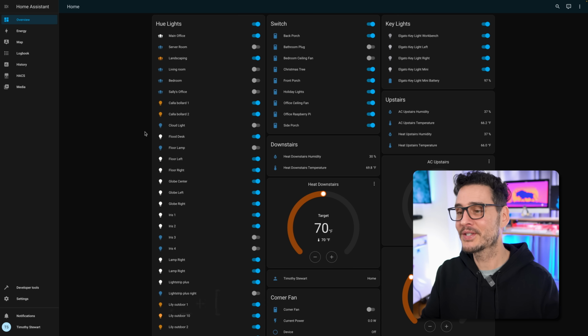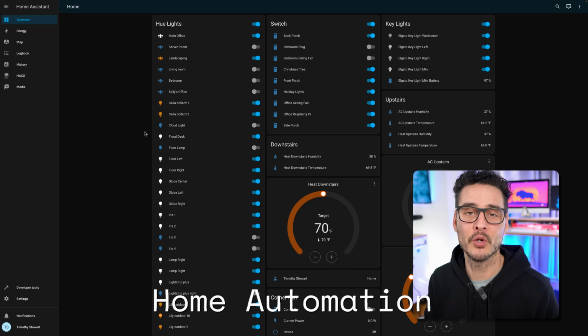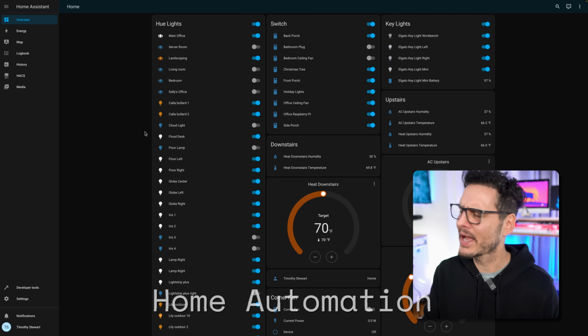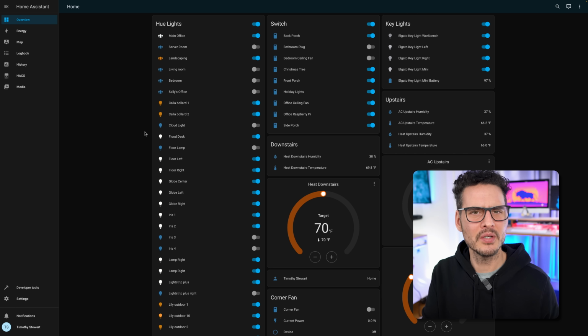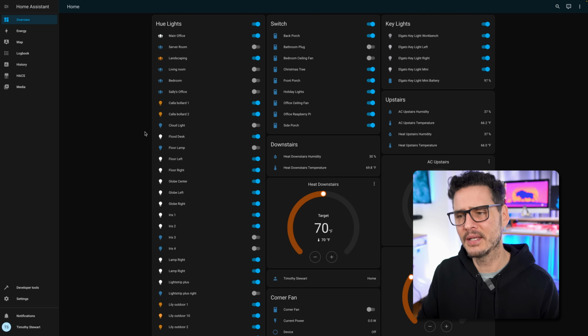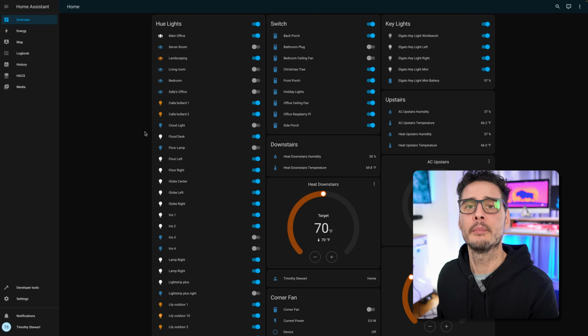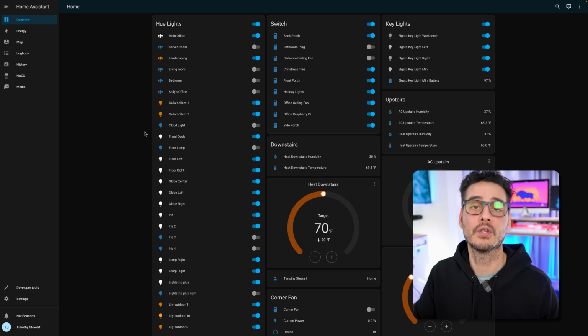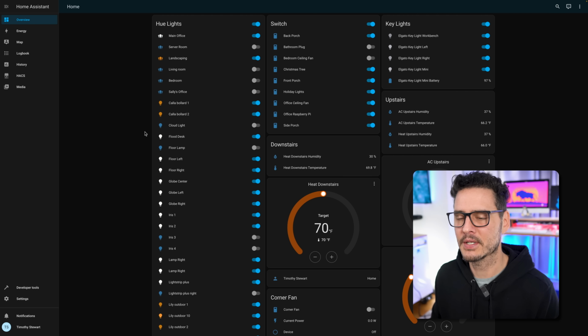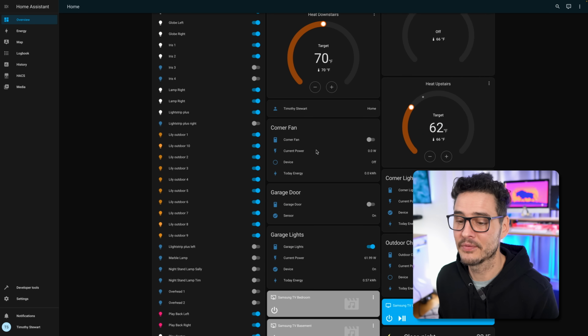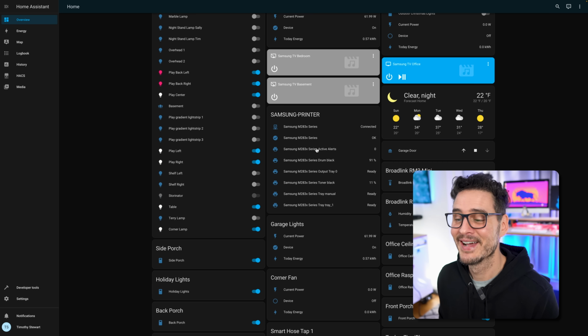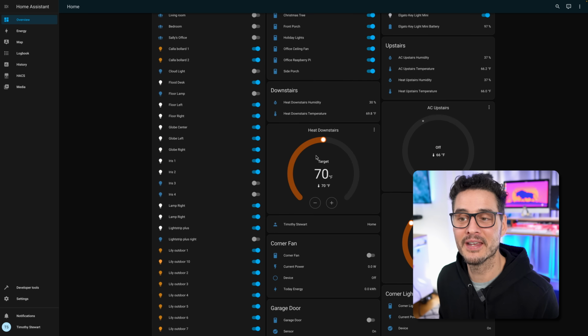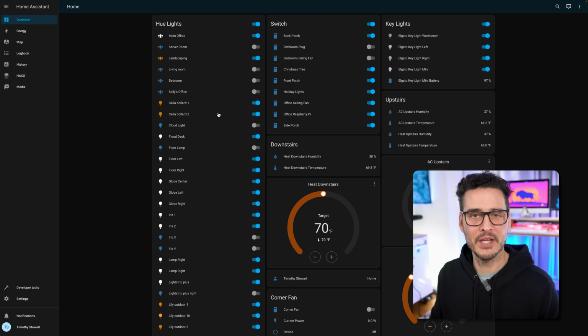Yes, I'm using Home Assistant and it's actually running in my Kubernetes cluster. I think last year I was using Homebridge to get some of my devices into iOS and to HomeKit, but I decided to get rid of that and just use Home Assistant to do the same thing. As you can see, I have lots of devices in here. I've spent lots of time to get them in here, and I have some automations and other things as well. It runs great, as you would assume that Home Assistant would run.